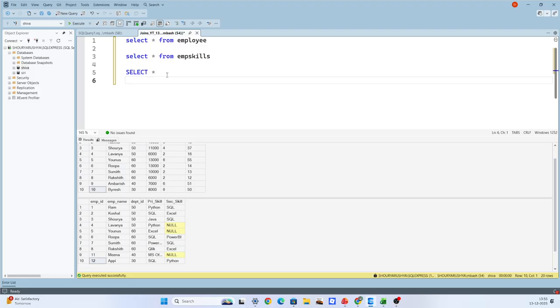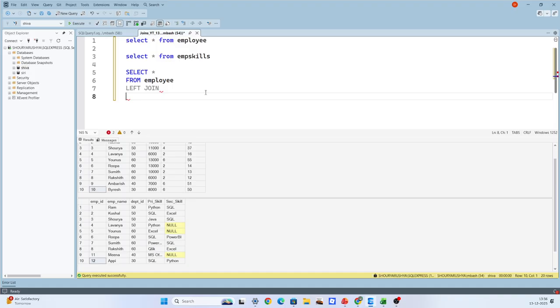Select star from the first table, which is the employee table. Since we are doing a left join, left join,